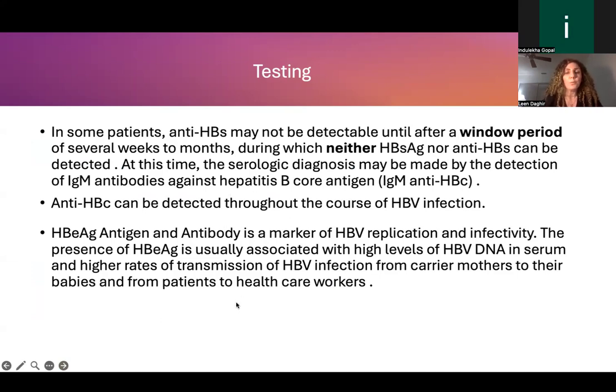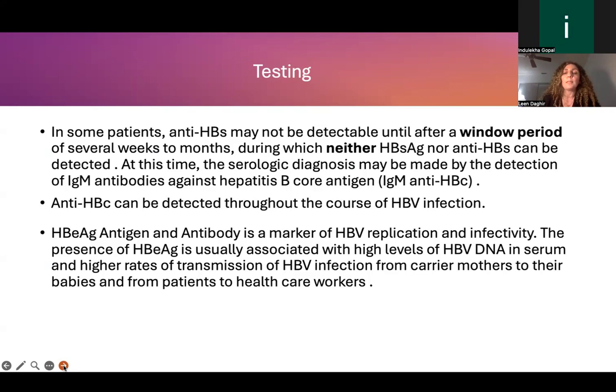So in some patients with hepatitis B infection, the hepatitis B surface antigen might not be detectable until after a window period of several weeks to months, during which neither hepatitis B surface antigen nor hepatitis B surface antibodies can be detected. At this time, the serologic diagnosis may be made by detection of IgM antibodies against hepatitis B core antigen. Anti-hepatitis core can be detected throughout the course of hepatitis B infection,